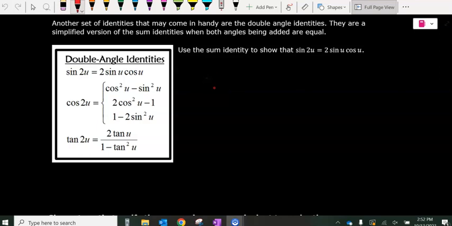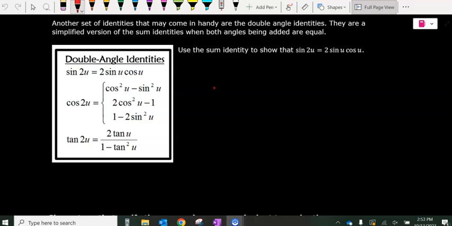All right, so we're going to do a video talking about our double angle identities and what they are and where they come from and how to use anything with them. So the other day we discussed doing our sum and difference identities, and that's where our double angle identities come